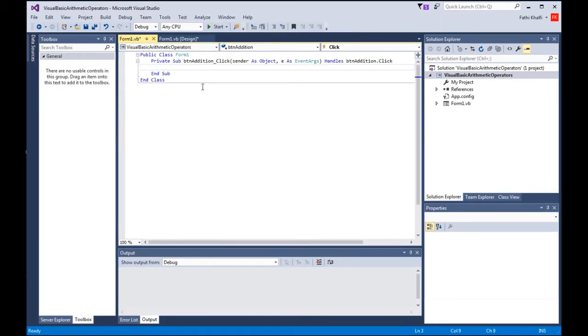Alright, and now we are going to start working with the arithmetic operators. It is very easy to perform math calculations in Visual Basic. You can perform the math calculations on variables or actual numbers. Alright, let's see how we can perform calculation on actual numbers. What I'm gonna do, I'm gonna come here and I'm gonna say dim